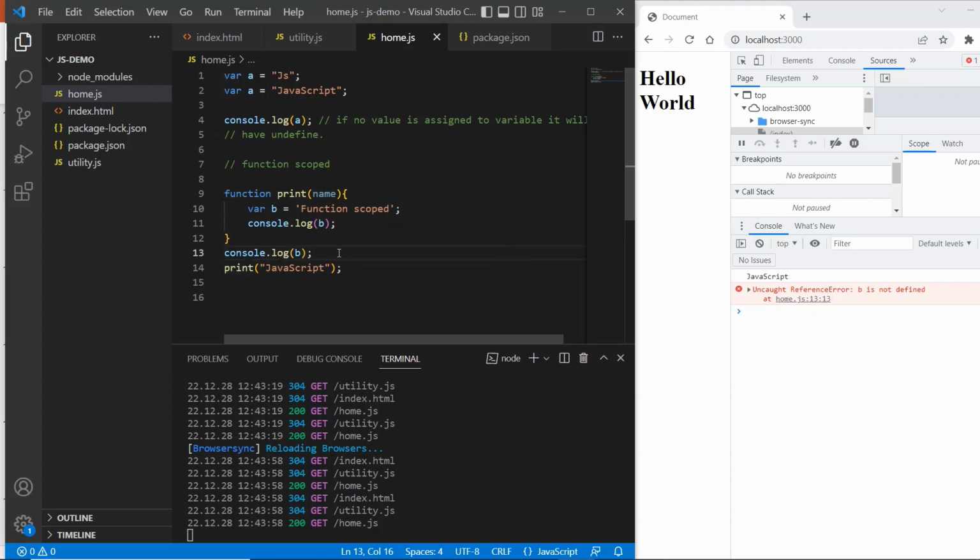And we have also learned that variables created using the var keyword can have global scope. What does that mean?